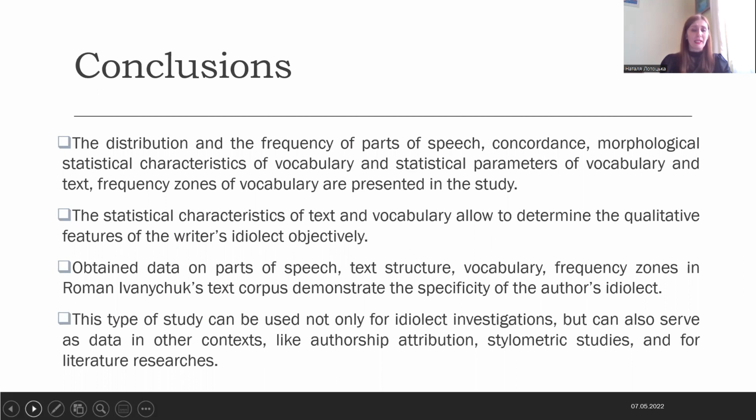This type of study can be used not only for idiolect investigation, but can also serve as data in other contexts, like authorship attribution, stylometric studies, and